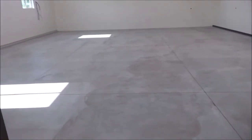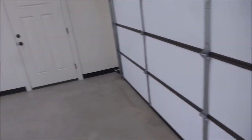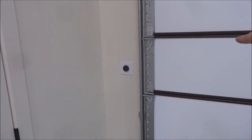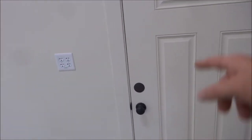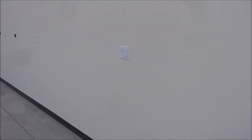All right, so here is walking in from the man door. As you walk in, turn to the side, I've got all my switches, fans. Come around this side over here, I've got a 50 amp behind the door here, so in case I ever need to weld on anything outside the door there, I've got a 50 amp electrical outlet there. Here's the man door going into the RV bay. I'll come back and show you that in a moment. And then here's all my, every 6 feet, my electrical,